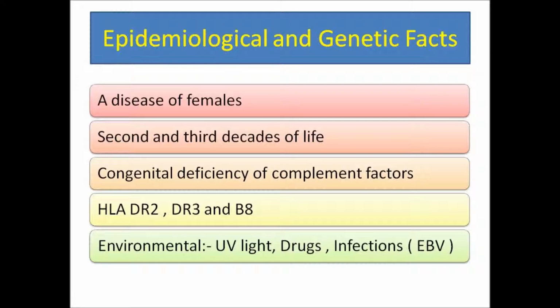Infection with Epstein-Barr virus is thought to cause SLE by cross-reactivity. The antigens of EBV may be similar to human antigens, and this can trigger cross-reactivity that leads to pathogenesis of